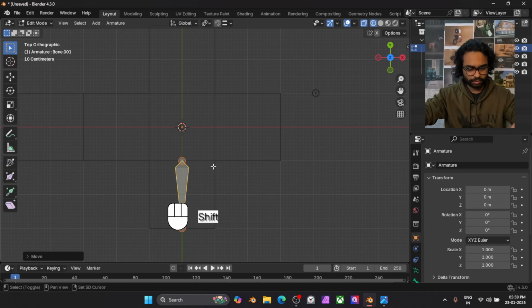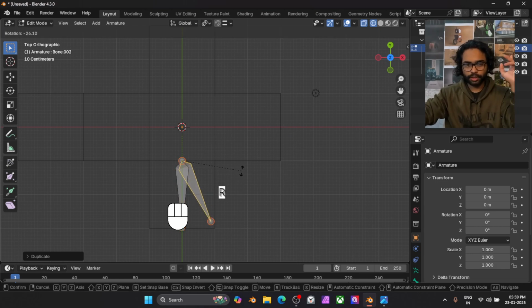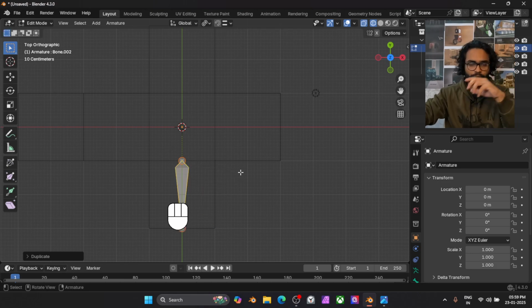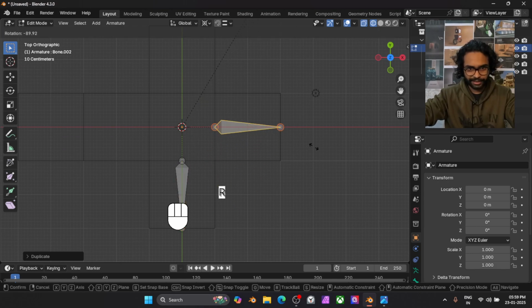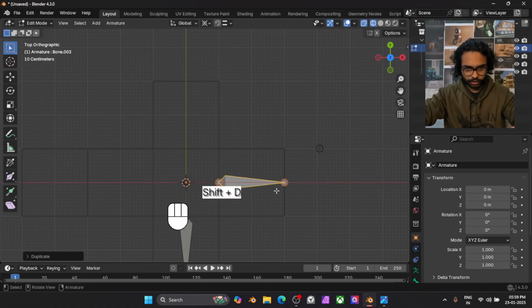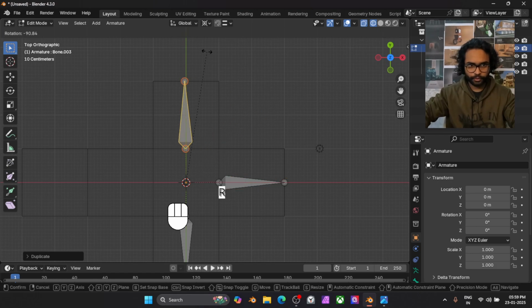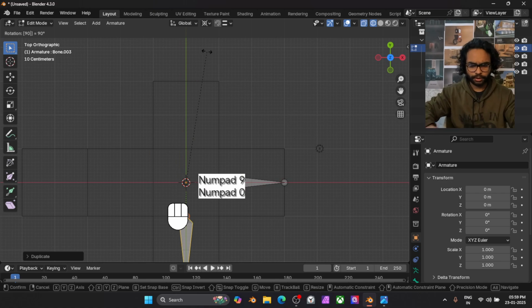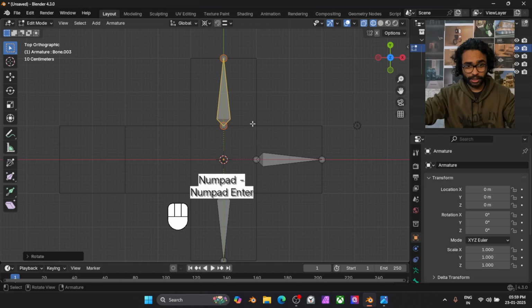just duplicate it, and now I have to rotate it, but not on the individual axis and not on the median point, because I have to rotate it from here. So I have to change it to the 3D cursor. Now I can place it exactly where I want, negative 90 degrees, and I also have to do the same thing, one more time, negative 90, negative 90, and one more time,